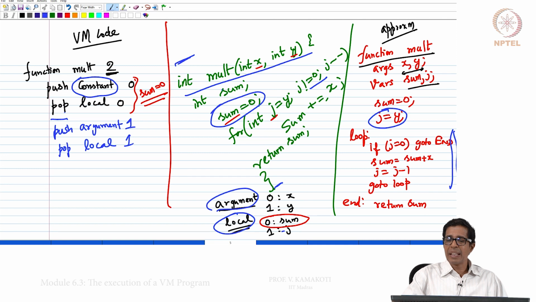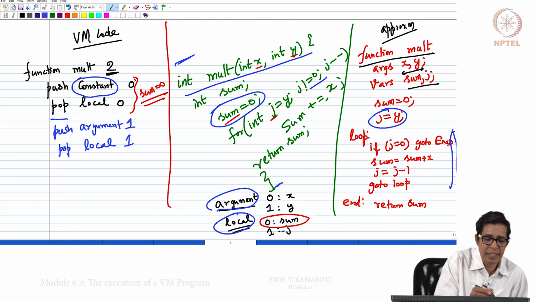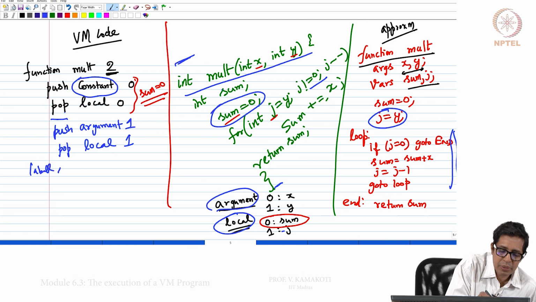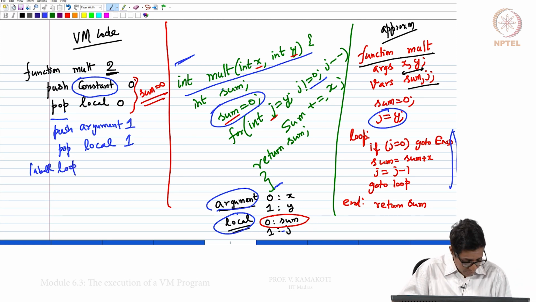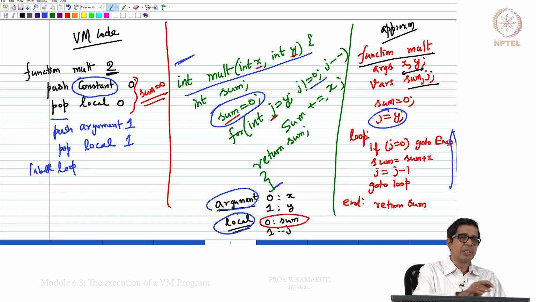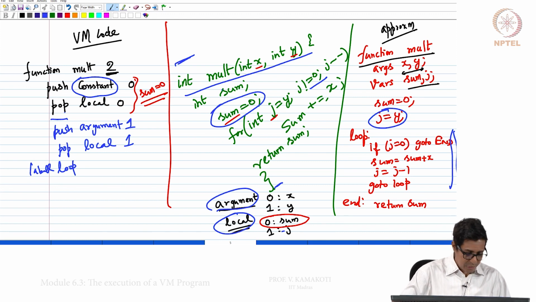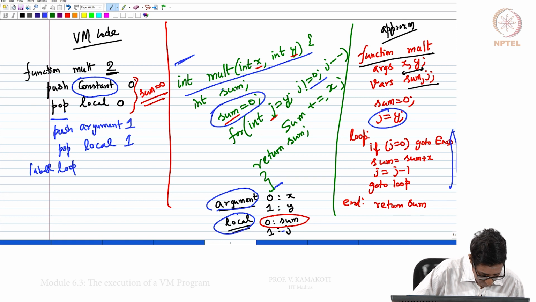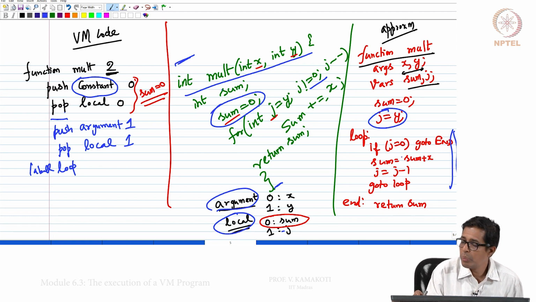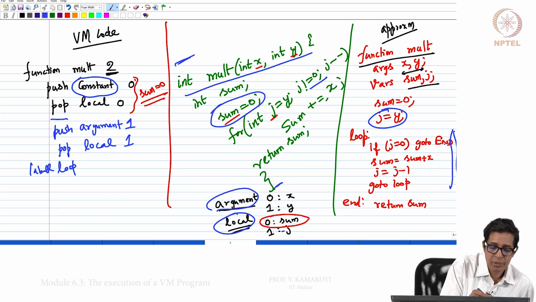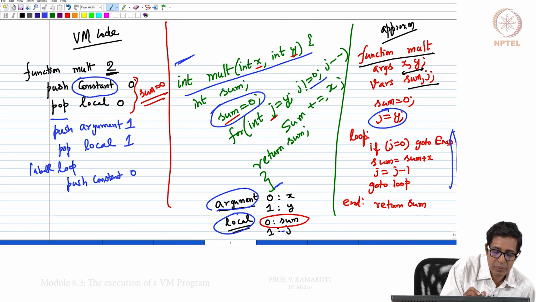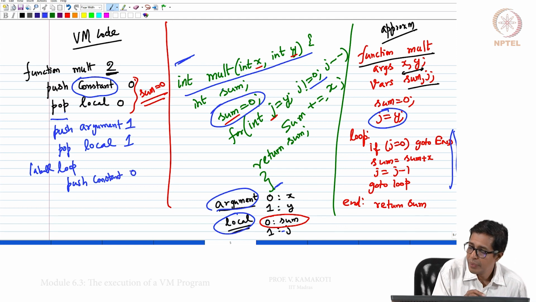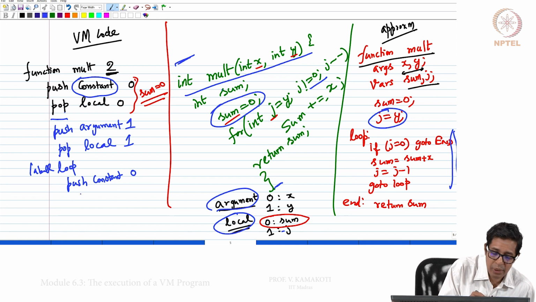Now I am seeing this entry loop, so I need to say label loop. This will create a label in the mnemonic. So label loop. Now what I should say, if j equal to 0, go to end. So first I will say push constant 0, push local 1.